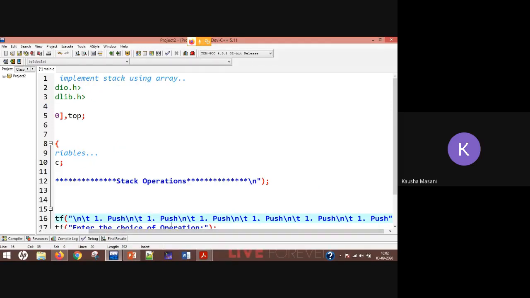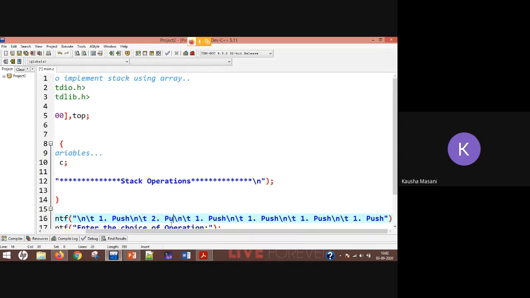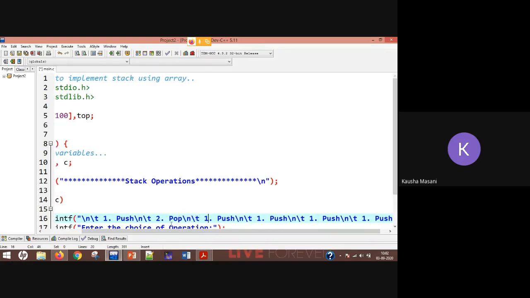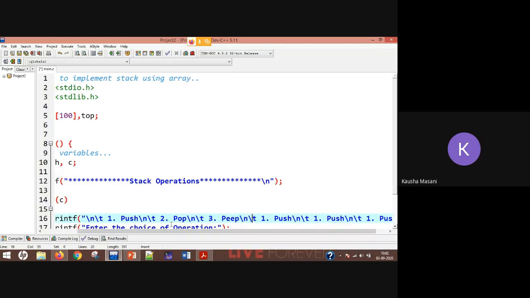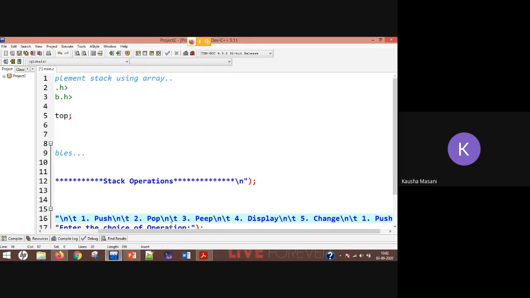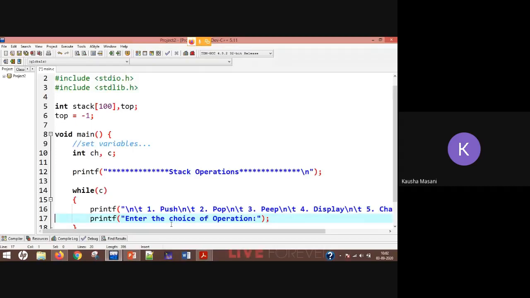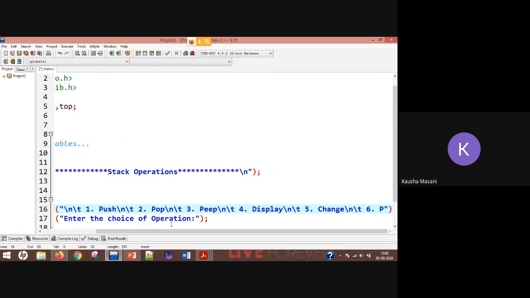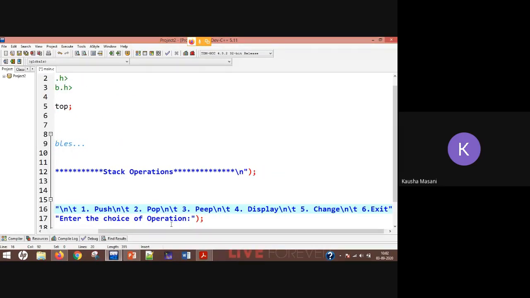So first is push, second is pop, third is peep, fourth is display, fifth is change, and sixth one is your exit.